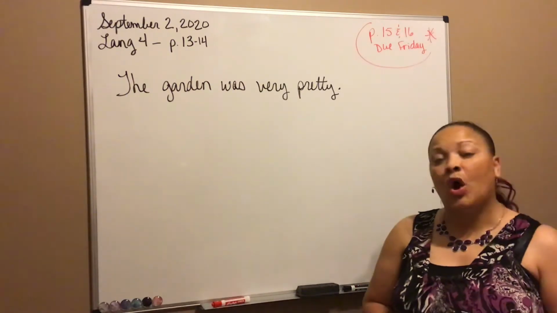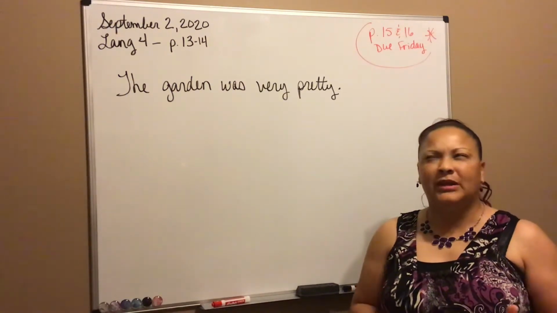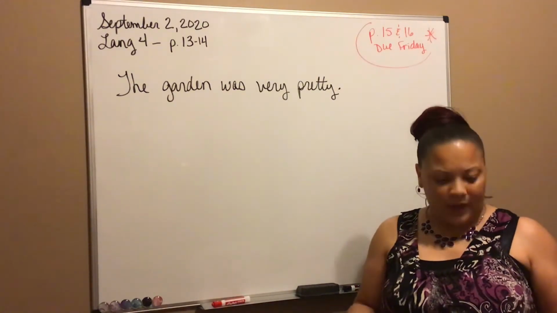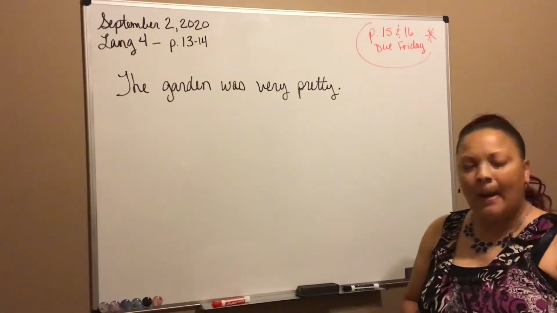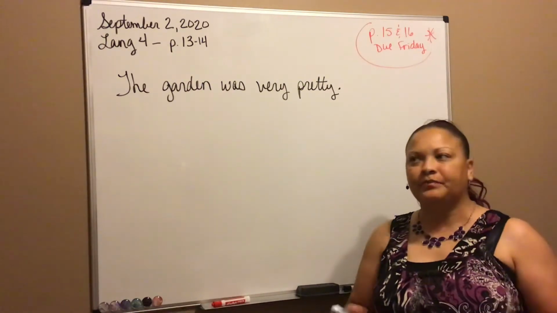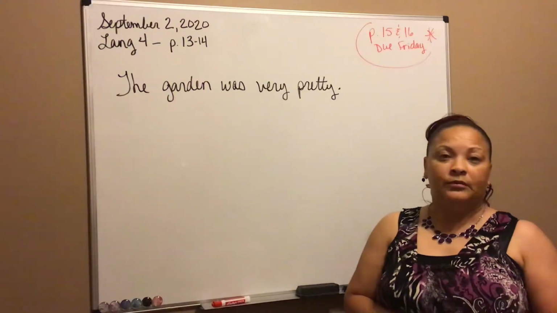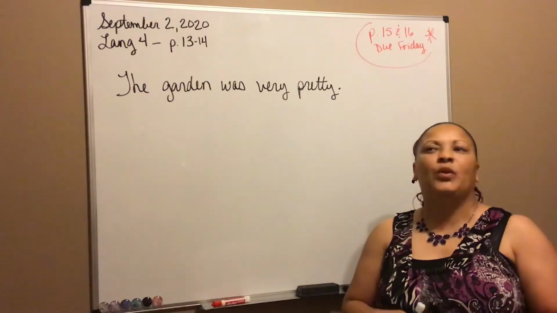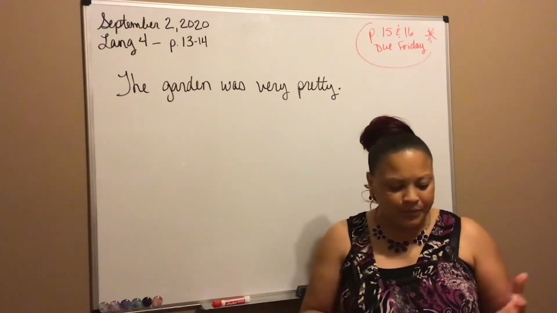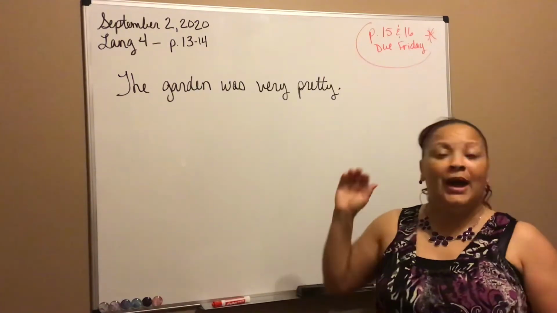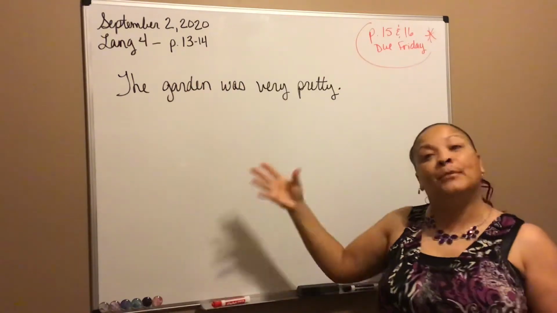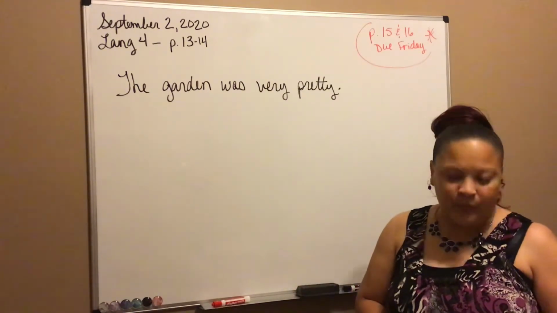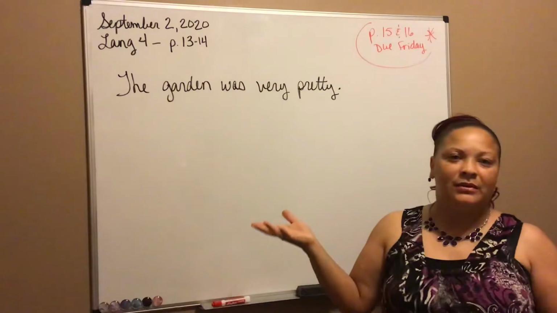Or, "Dad worked hard." Can you see how Dad worked hard? What did he do to work hard? How was he working hard? "My little brother is smart." What makes your brother smart, right? We have no details. We just have basic, simple sentences without any interesting facts with them. So today we're going to learn how to take a sentence and make it more interesting. Put a little bit of detail in it so that we'll know what's happening